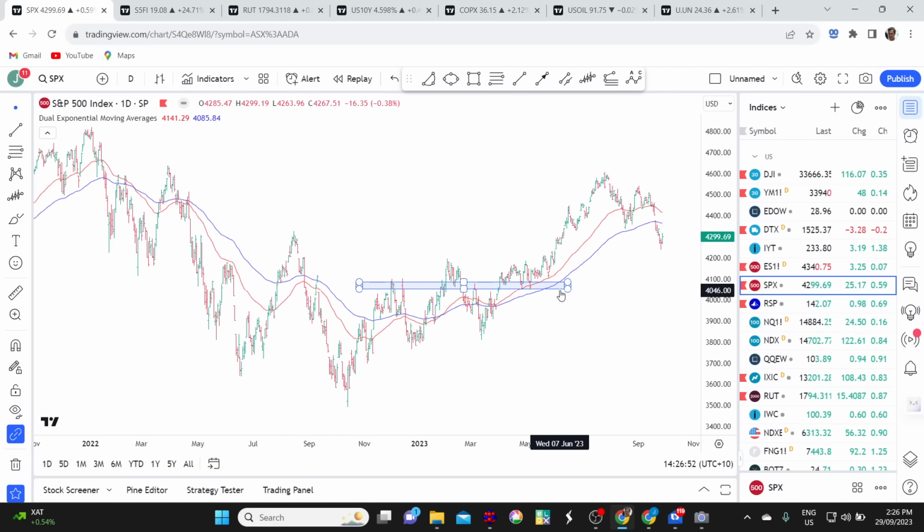I'm going to take these off now because they're not the most relevant points for us to be looking at. I'm also going to take off this support zone, which was so important a few months back, earlier in the year, but not so much now. I want to draw some other things which I think are more important to be keeping an eye on. So the first thing I want to do, I'm going to draw in